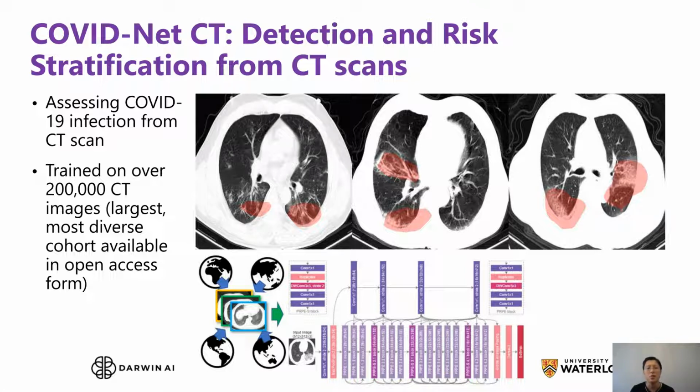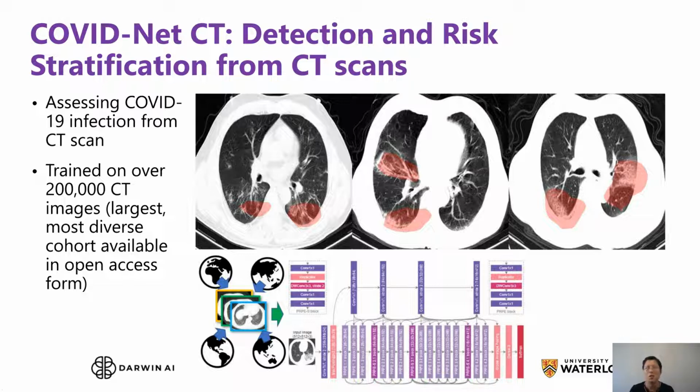And so what we did was we trained on over 200,000 CAT scan images, or CT scan images, which is the largest and most diverse cohort available in open access form. Again, all available through the COVIDNet Open Access Initiative. And we were able to leverage this exact same process to automatically create a tailored AI model for tackling the task of CT scan detection and risk stratification to strong success,